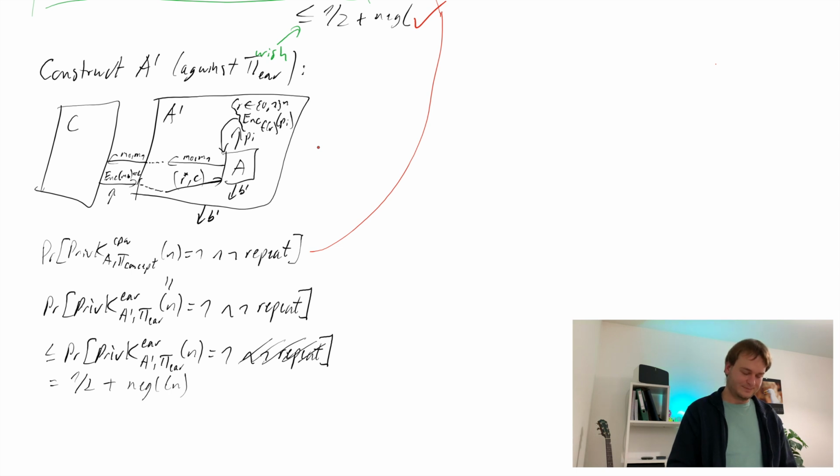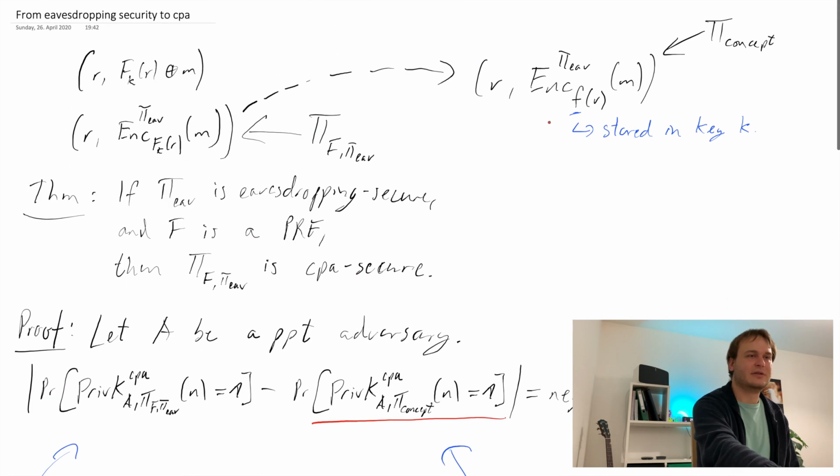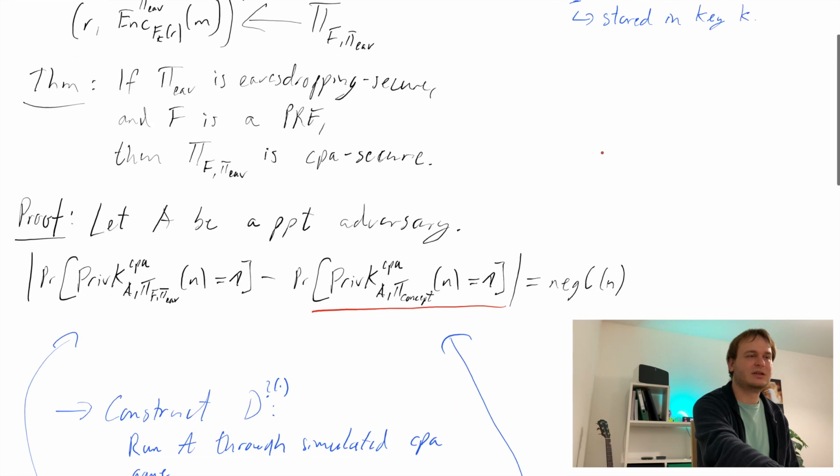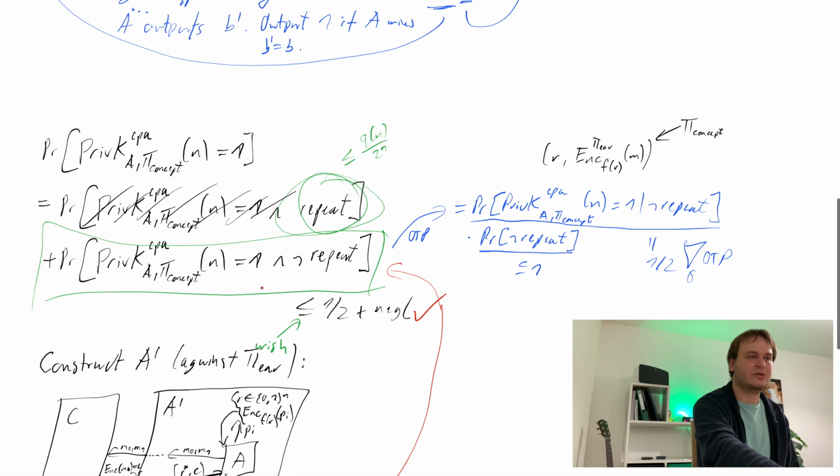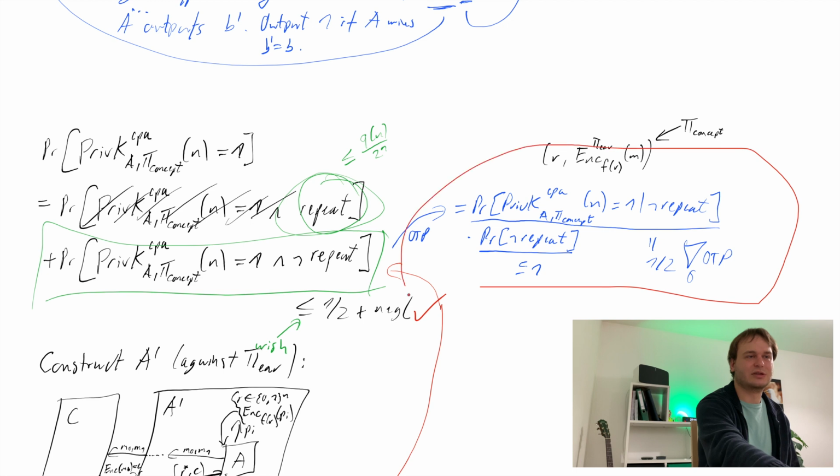And only this last part, this reduction using A prime, was not used in the proof in the lecture. All right, if you want to make sure that this makes sense, you may cross-reference it with the proof that we did in the lecture and try to map where in the lecture this conceptual scheme, what it looks like, how this distinguisher works, and then note that this whole playing with probabilities over here was mostly not necessary because in the lecture it just boiled down to this here.